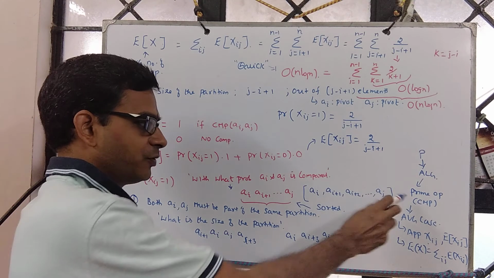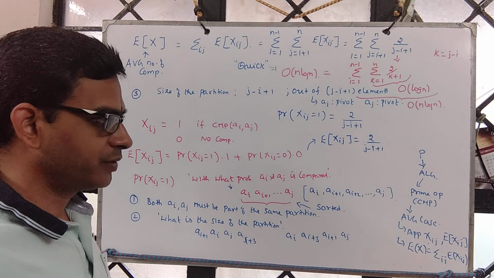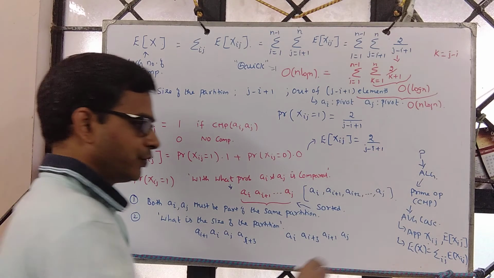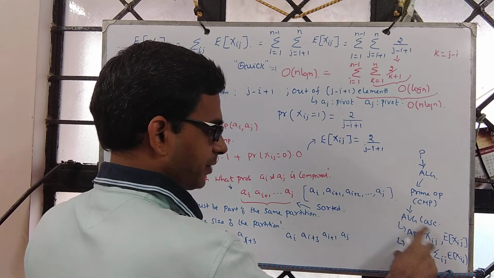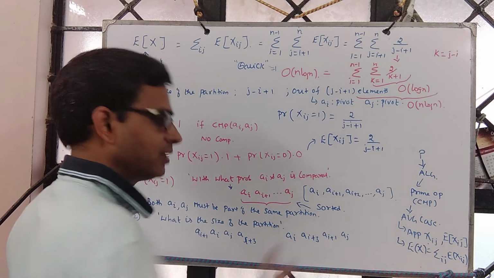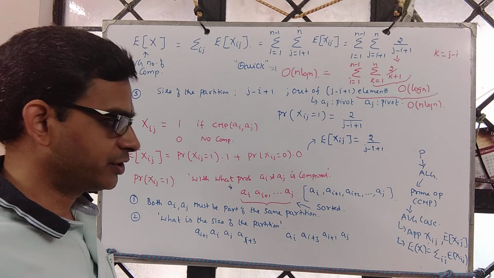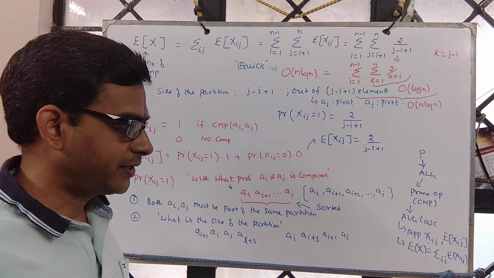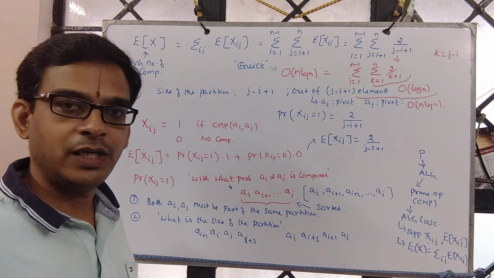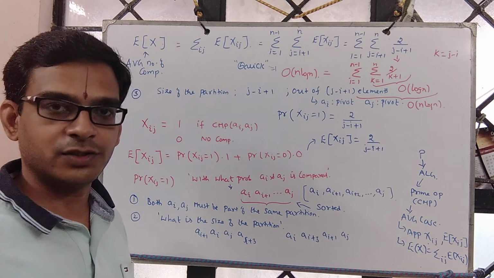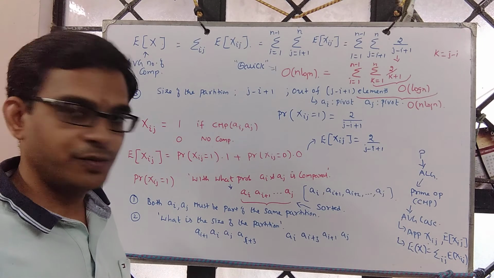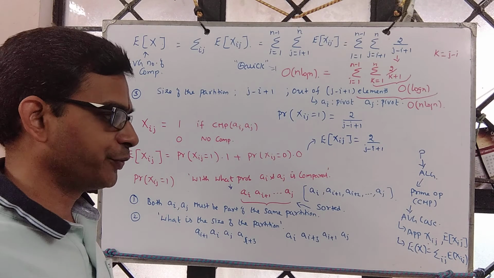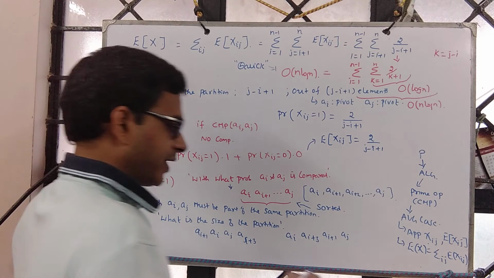So this primitive operation could be anything, and according to the problem and the algorithm, once you identify that primitive operation, then it boils down to probabilistic analysis, wherein you define an appropriate indicator random variable, expectation and so on. So one should take this larger message and apply it in other problems as well. For example, merge sort: best and worst are both n log n, so average is also n log n. But supposing you want to estimate the average cost through this approach, how do you do it? One can do this.